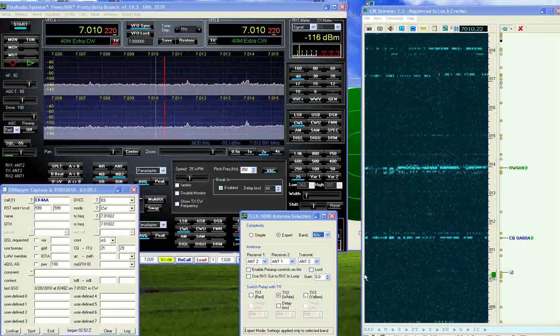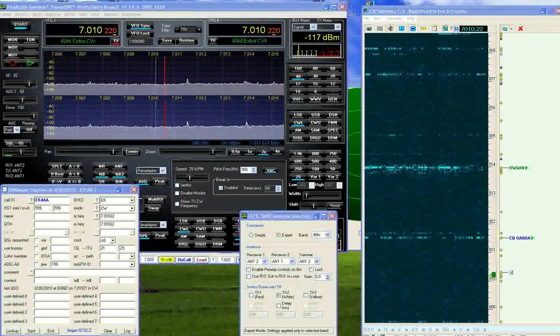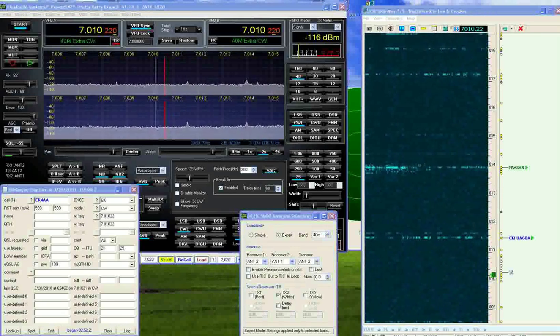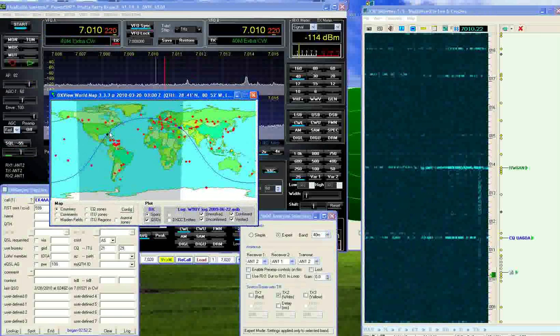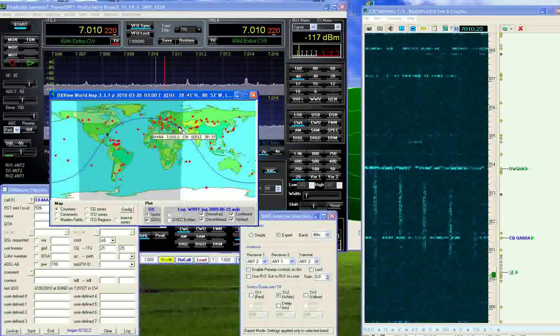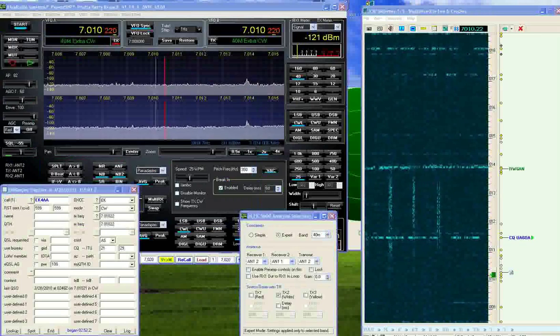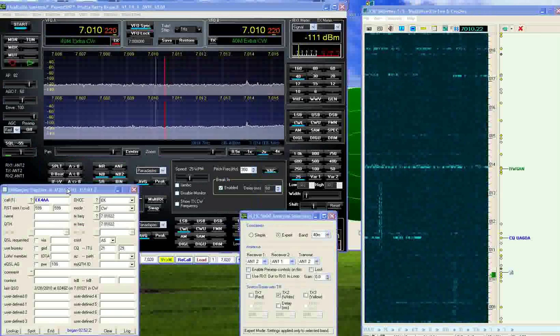It's W9OY, and I was just on 40 meters, and I worked EK4AA in Armenia. This is my QTH in Florida. Here's EK4AA over in Armenia. And I thought I might